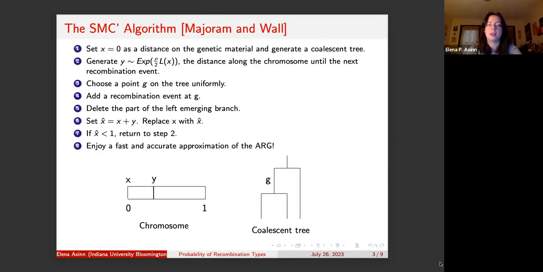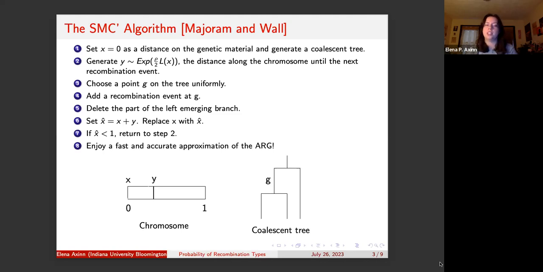So this is the mathematical way that we generate the ancestral recombination graph. It's called the SMC prime algorithm. The first thing we're going to do is look at this chromosome to the bottom left. We're going to set x as 0 as the original distance on the genetic material and generate a coalescent tree there. So each step on this chromosome will have a brand new coalescent tree,